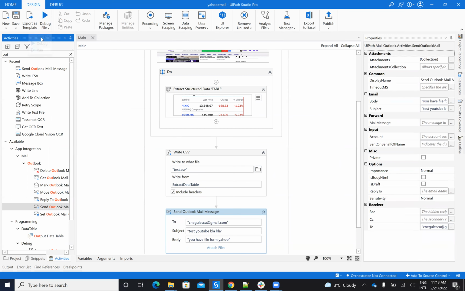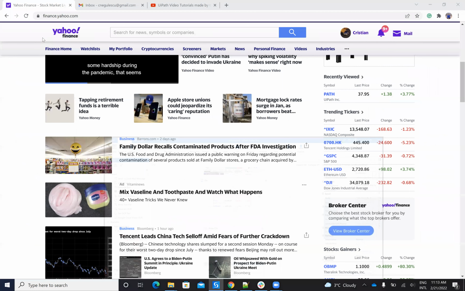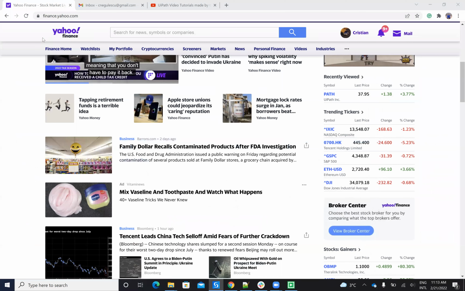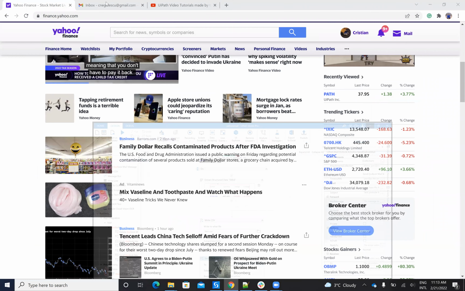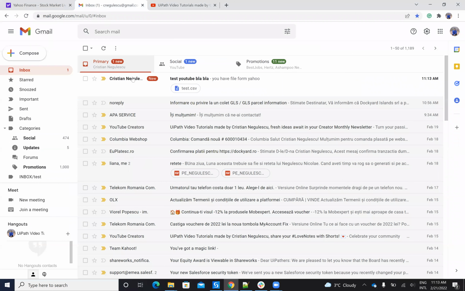Yes, so I will go here and say test CSV. Okay, let's run this. So the robot can go on the background, extract the data from the web page, write the CSV file, and then send it to my email. Let's see if my email goes so fast. So take a look. I receive an email. I receive an email from Cinegulescu from